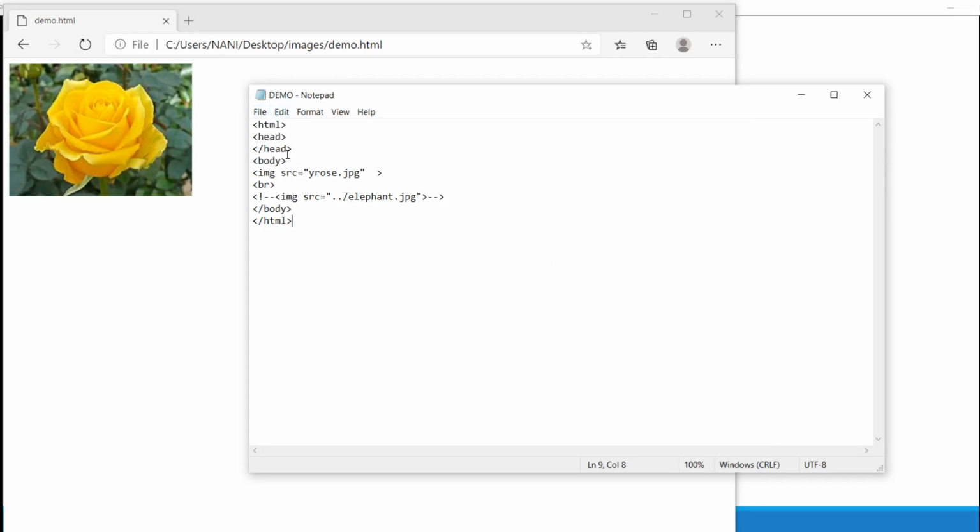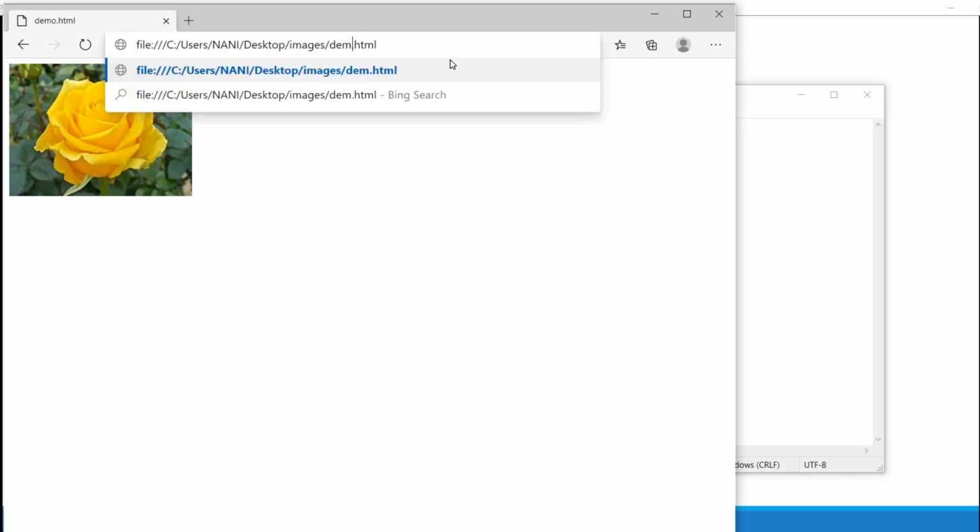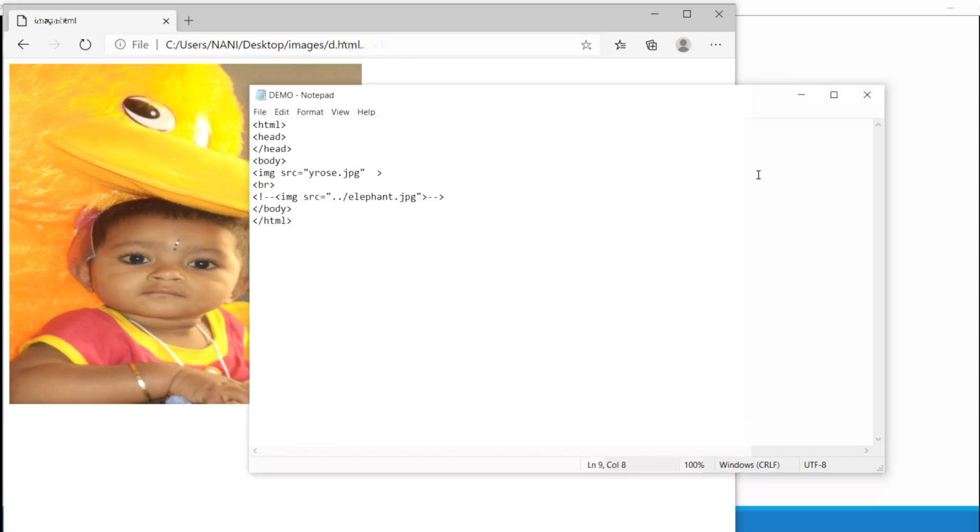In the previous example, if you observe, here we specify directly just the program name.jpg. This is another way to represent, or else I can provide the entire address. If you observe here, users, Nani, desktop, images, demo.html. If I change this as image.html, this is the image.